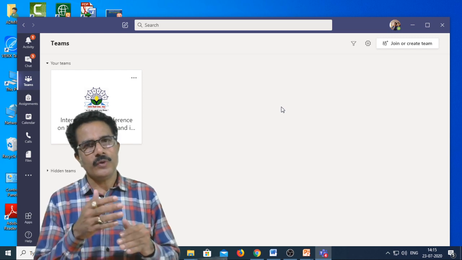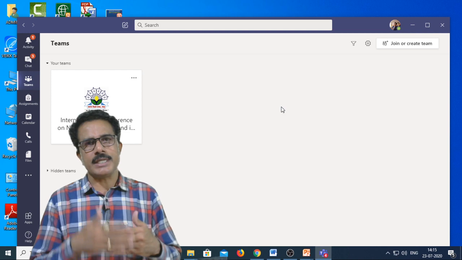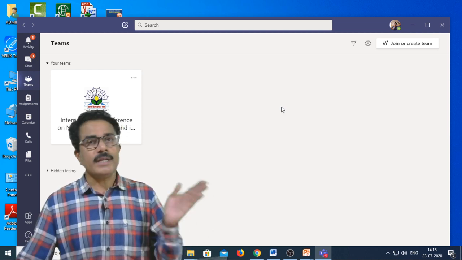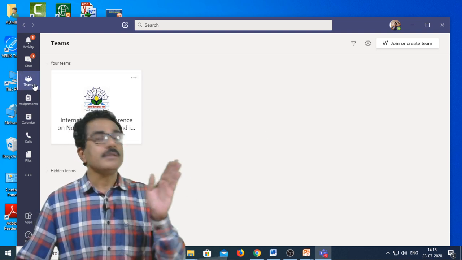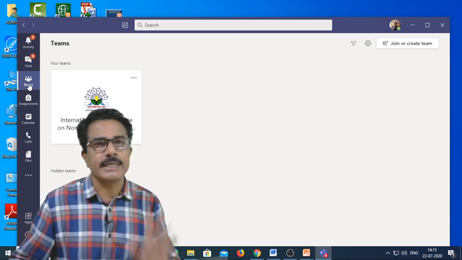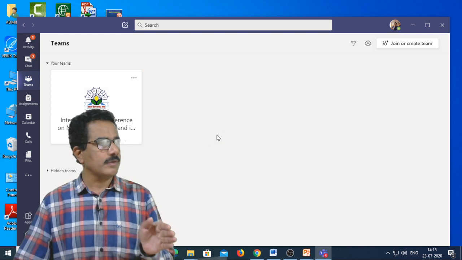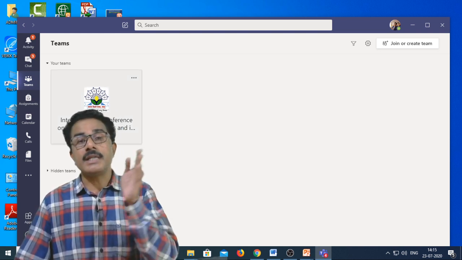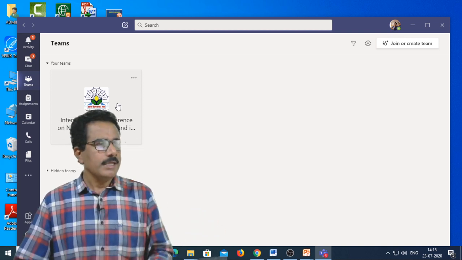If you log in once, then it is not necessary to log in again and again. Then after double clicking Microsoft Teams, you will get different icons, but you have to click this Teams. After clicking Teams, you will see the icon of the International Conference on Mathematical Analysis, whatever it may be.